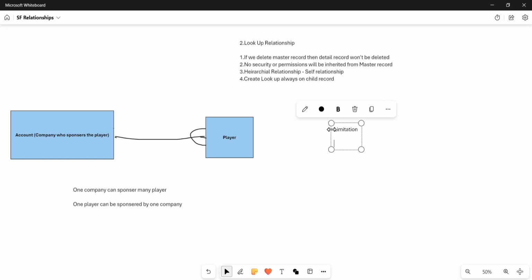Okay, if we even delete the master record, then it won't delete the child record as well. Okay, and no security will be inherited. A hierarchical relationship is nothing but self relationship. Okay, and create lookup always on child record. And here one limitation we have,